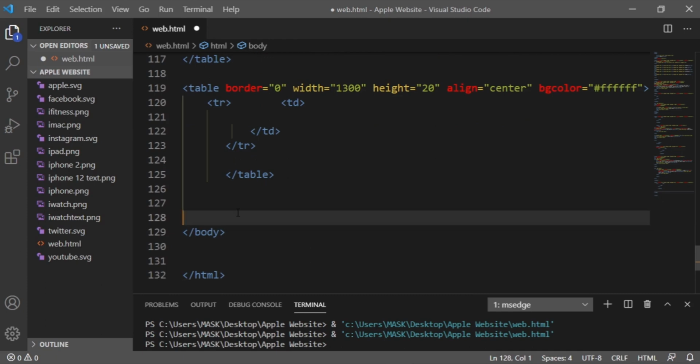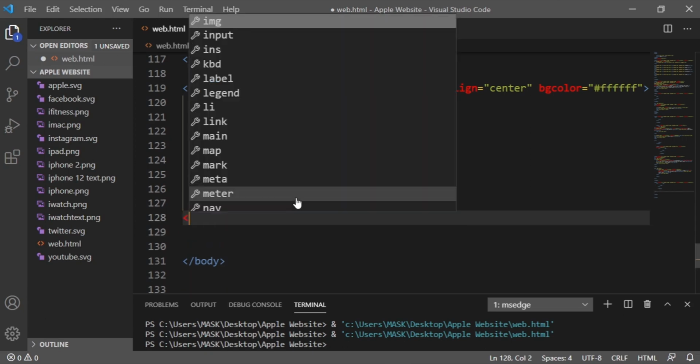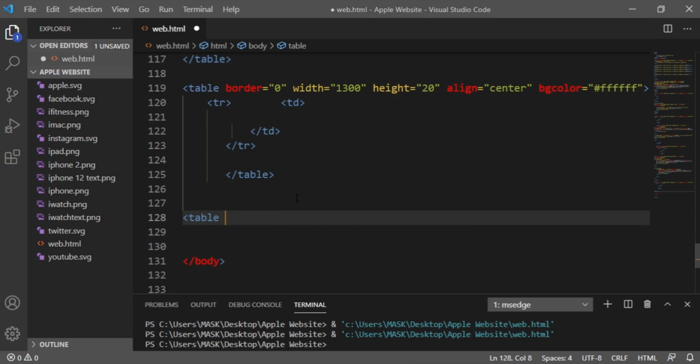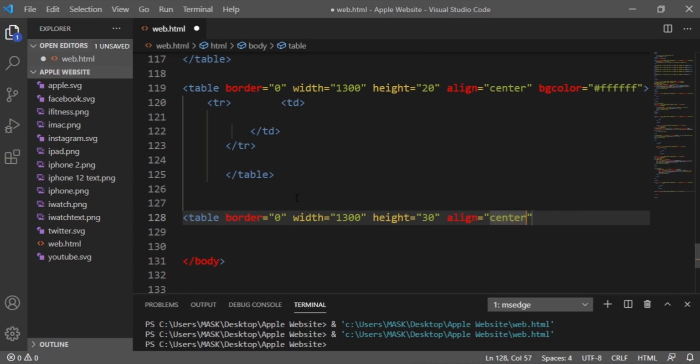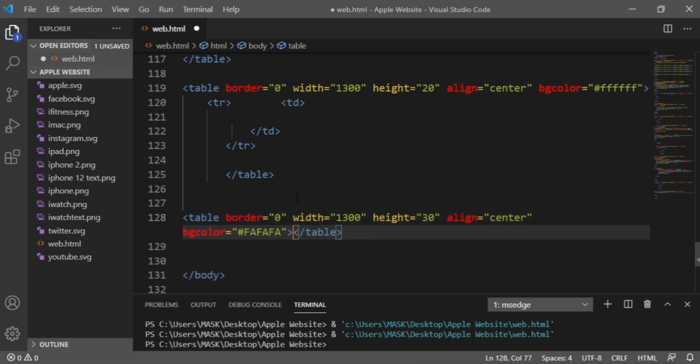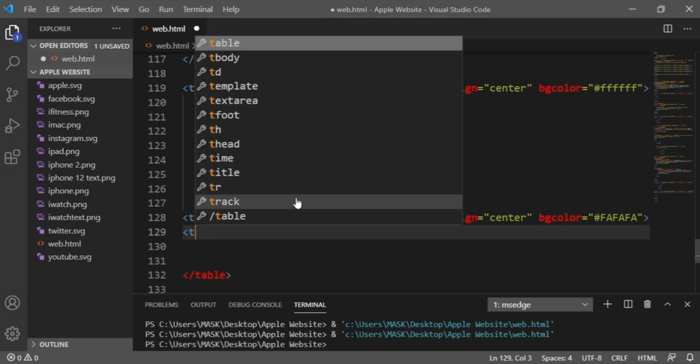And after this, let's create a footer. So for this, we will be creating a table. Now border will be 0, width which is 1300, height is 30, and align center. Let's give it a background color which is FA. And now let's close this table, and inside this table let's create row,